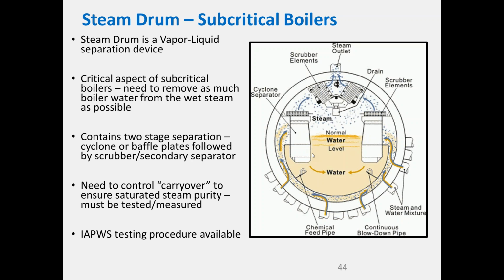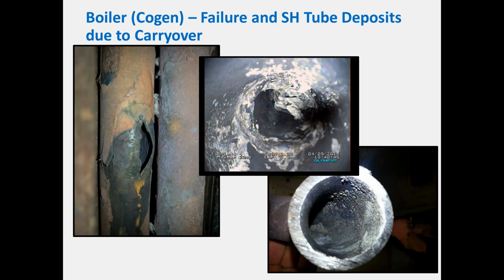It's pretty important, because if you get that wrong, here's a superheater tube, and it's obviously got a bit of a nasty white deposit. This is a sodium sulfate predominant deposit here, because what was happening in this particular plant is their steam drum operating level was set too high during commissioning, and there was a very high level of background carryover where the water was being carried over,